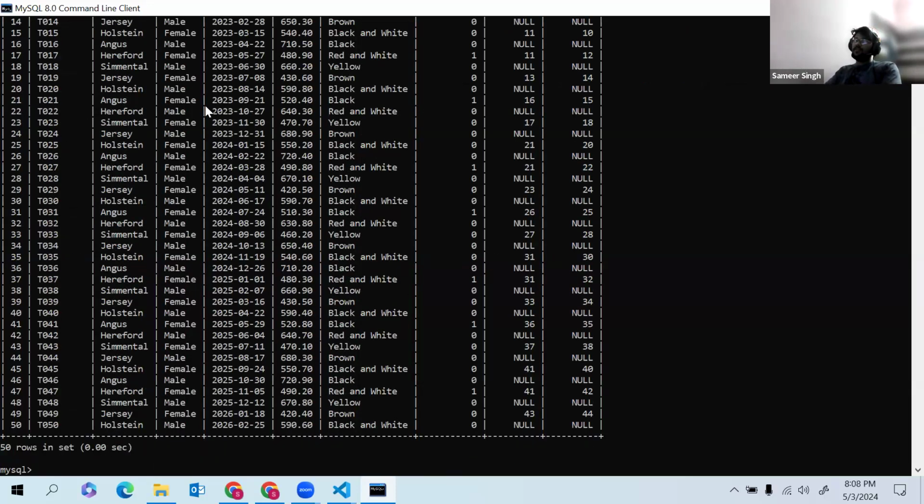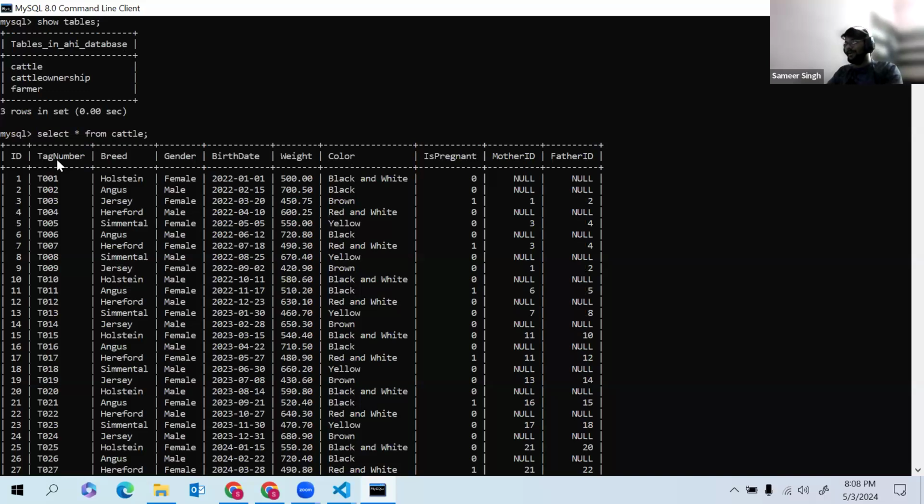So guys, this is the data set, right? Here we have a tag number, breed of the animal. So basically this AHI data set is the data set of the animals in which we have all the details of the animals, right? There's a company which has a lot of animals. Their business is to sell and buy the animals. They keep the record of all the animals, their breed, and whatever details we have about the animals, they keep track of all of it.